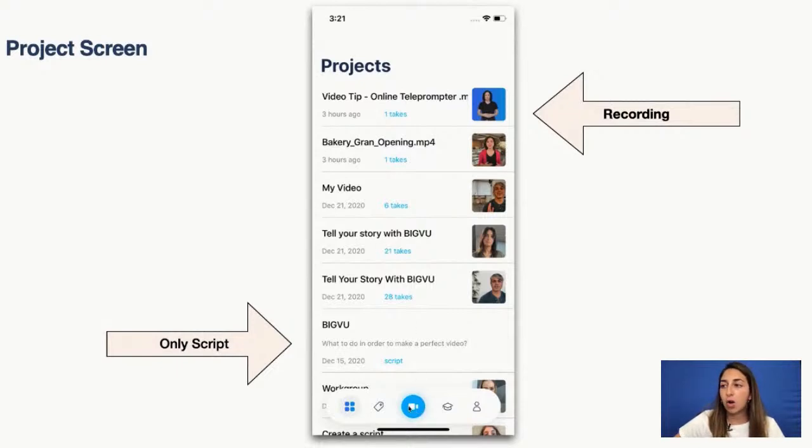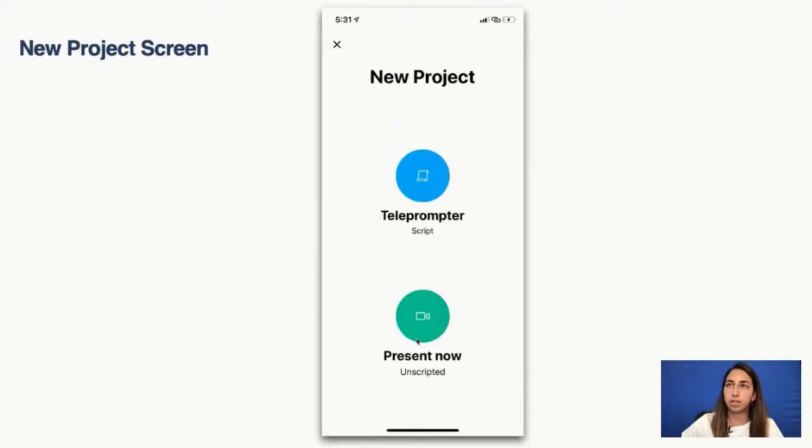If you click on this blue camera button, it will open the new project screen where you can film a new project, a new video with script using our teleprompter or without script. So, of course, today I will show you how to use the teleprompter. So we click on this teleprompter option,